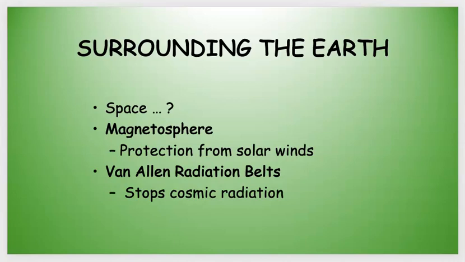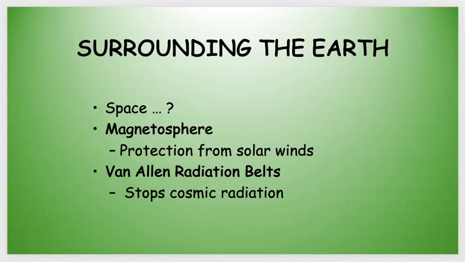Much closer to us than space, we'll say in the upper realms of our atmosphere, which, as long as it's our atmosphere, it's not space, if you follow. We've got two things that we want to acknowledge: the magnetosphere and something called the Van Allen radiation belts. All right. And this is kind of generic verbiage on here. Let me see if I do have another slide. Okay, I do go into them a little bit.